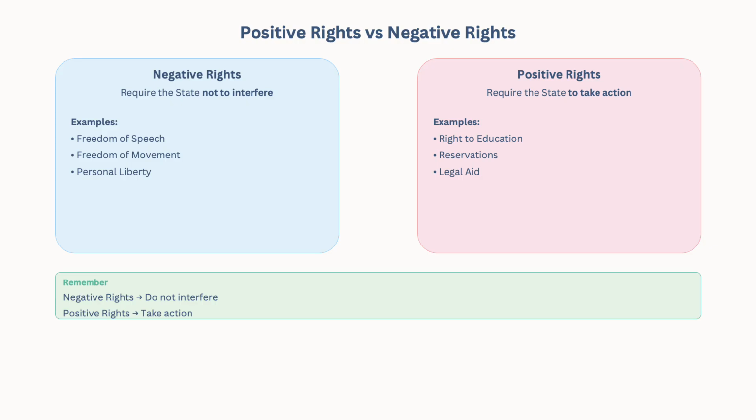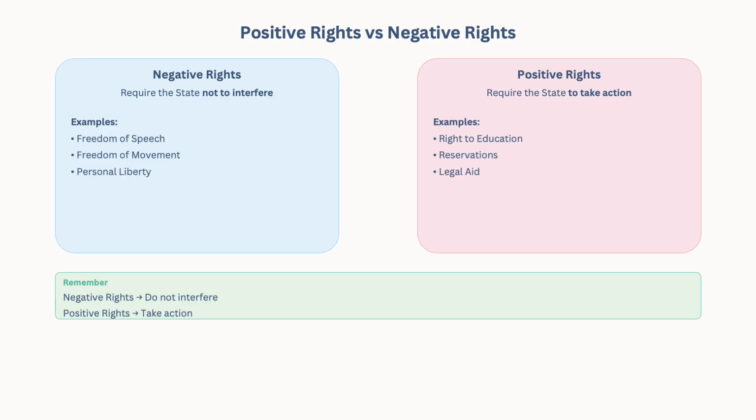Supposing you're very poor and do not have the financial power to hire a lawyer, the court will hire one for you, and that is called amicus curiae. It's a Latin term which translates to friend of the court. So the government should also provide legal aid to the public whenever the public is unable to do so. Whatever it may be, positive right means the state has to act, negative means the state must not, or it protects us from the state.